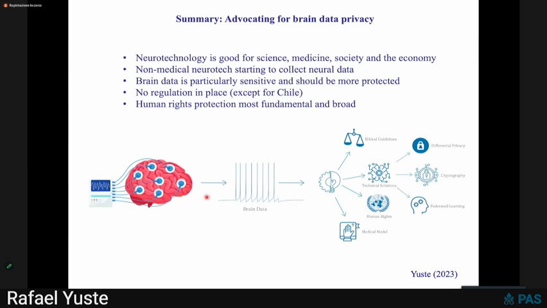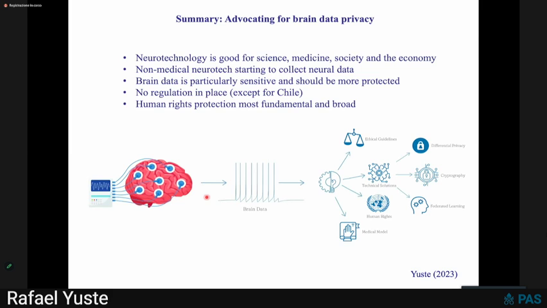In fact, I would argue it's the most sensitive data because it reflects the workings of the brain, which essentially generates the human mind, which generates who we are. So I cannot think of any data that's more sensitive than brain data, and because of that, it should be specially protected. There's no regulation except for Chile,